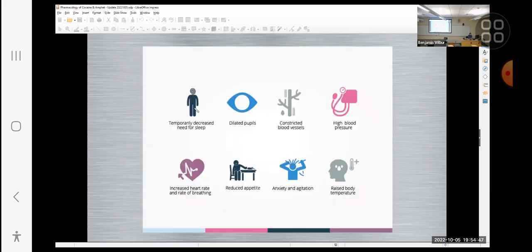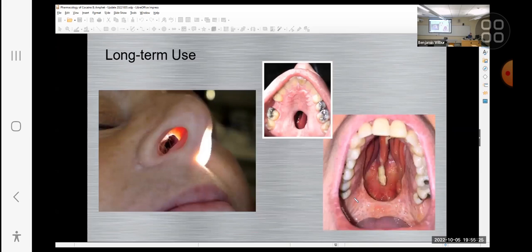Not good. But anyway, some of the effects of amphetamines are all of these: dilated pupils, reduced sleep, constricted blood vessels, blood pressure. Sorry, we're talking about cocaine. My bad. Same difference though, we'll come to the same thing. They're all the same almost. Reduced appetite, increased heart rate and breathing, anxiety and agitation, and an increase in body temperature, as well as blood pressure. Some of the long-term effects though...